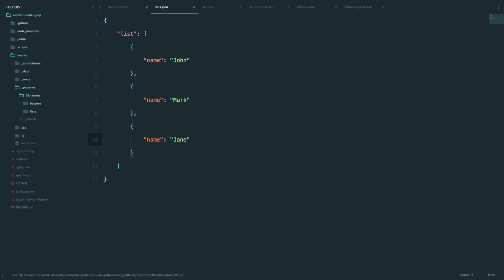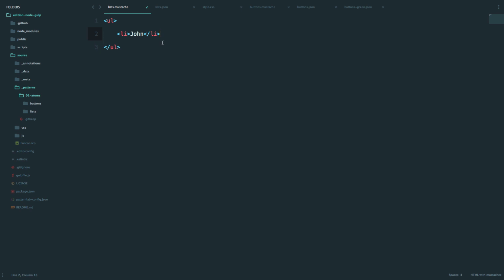Okay, now we have our list JSON file. What we need to do next is create some kind of a for each loop, which you can do with mustache by doing just this. So we called this array list. So I'm just going to do this. You put this pound sign right here and do list. And to close a list, you would just do